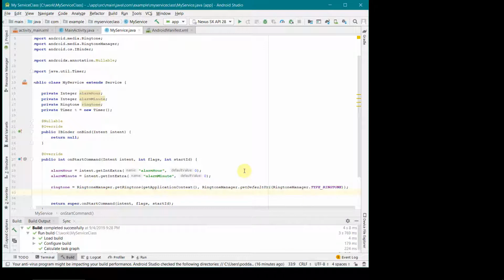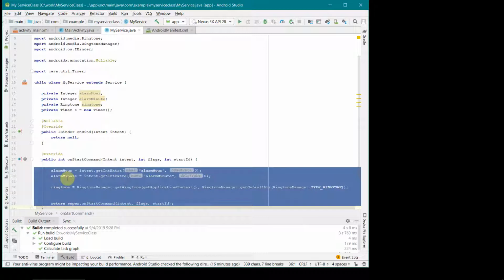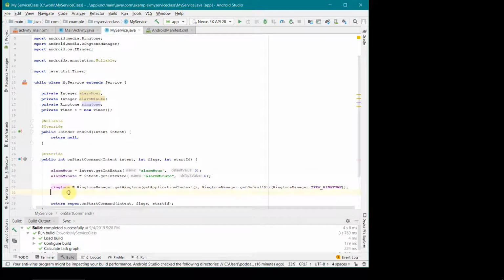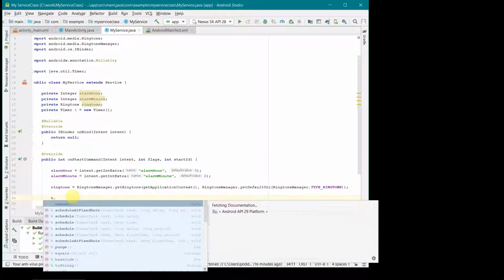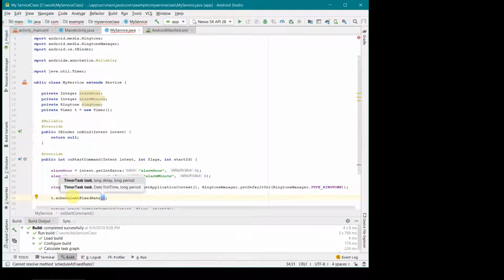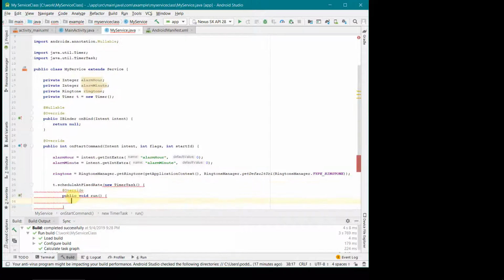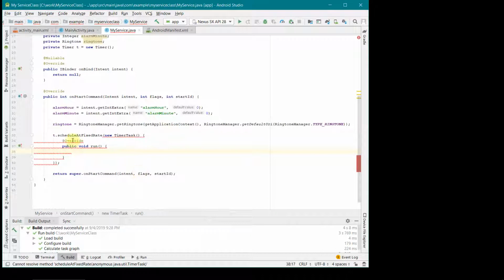So next step will be, whatever timer we have created here, we can use that timer to check whether this alarm hour and alarm minute is same as the correct time. So T dot schedule at fixed rate, and then over here we can start a new timer task. The moment you do it, it will automatically create a run method where you can do whatever you want.